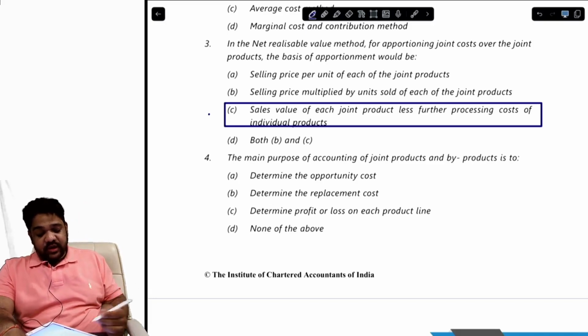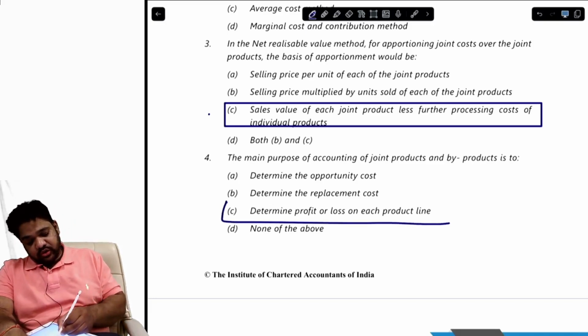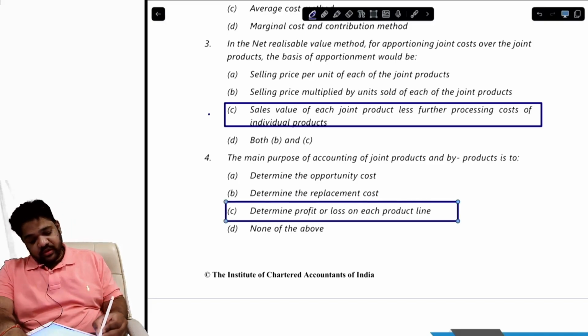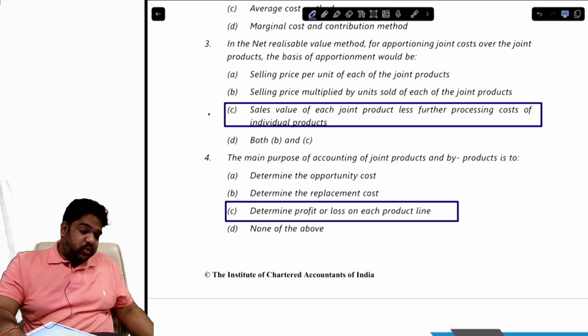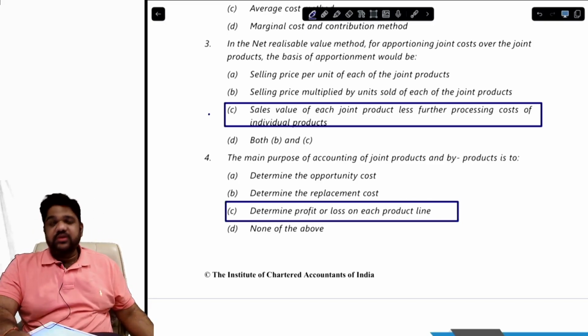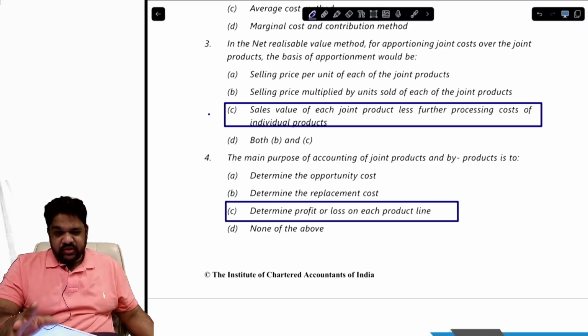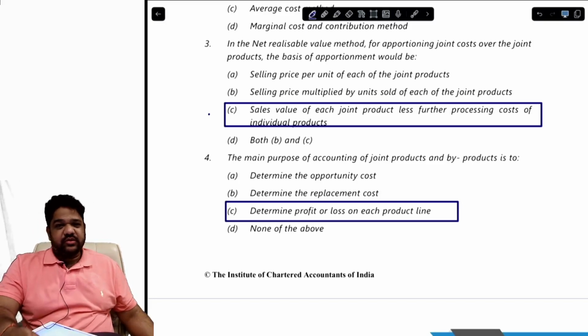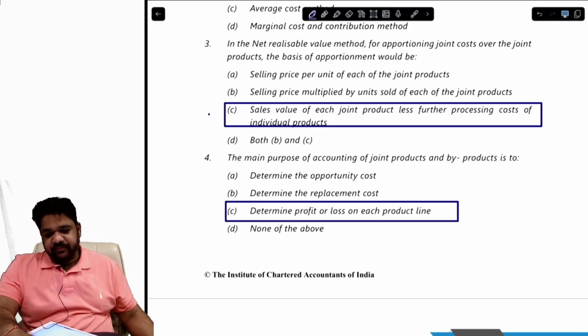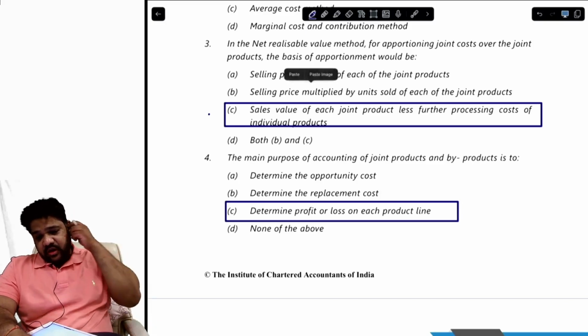Let's see. Determine opportunity cost, no. Replacement cost, no. Determine profit or loss on each product. But yeah, if I want to put this MCQ, what I would do is I would put down both. I would say it is to figure out profit, plus it is to figure out the selling price, and I'll give you the third alternative as both A and B. You know, something like that. This one's too simple. It's boring. But anyways,